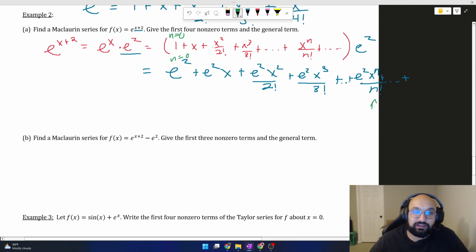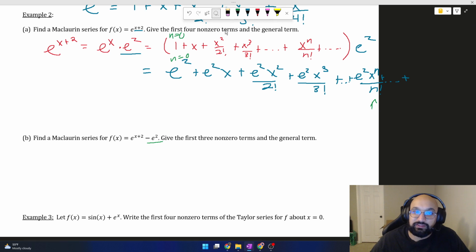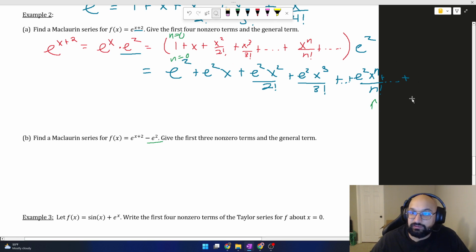For part B, we're taking our answer from A and instead subtracting off e squared. Now the e squared there is not just a random choice. The e squared down there is to say that